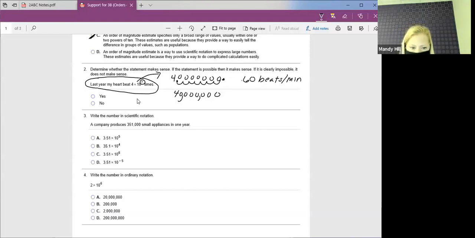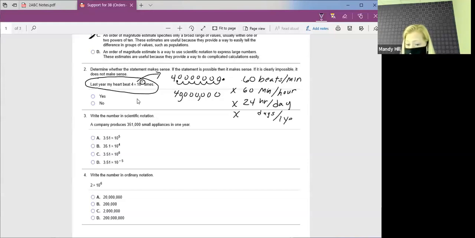So if I want to know if this is reasonable, that this many times it beats in a year, well, I need to know how many minutes are in a year, right? Well, here's what I know about minutes. I can multiply by 60 because there's 60 minutes in an hour, right? I'm trying to get to a year. I know how many hours are in a day, so I can multiply by 24 hours in one day. Okay, and then finally, I know how many days are in a